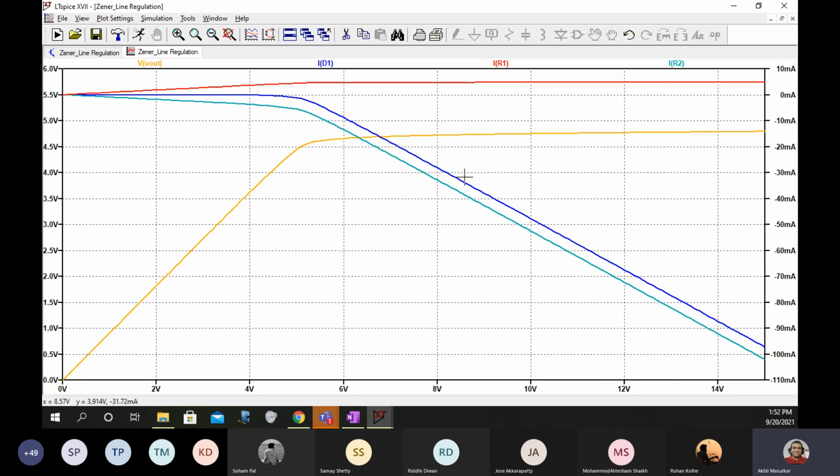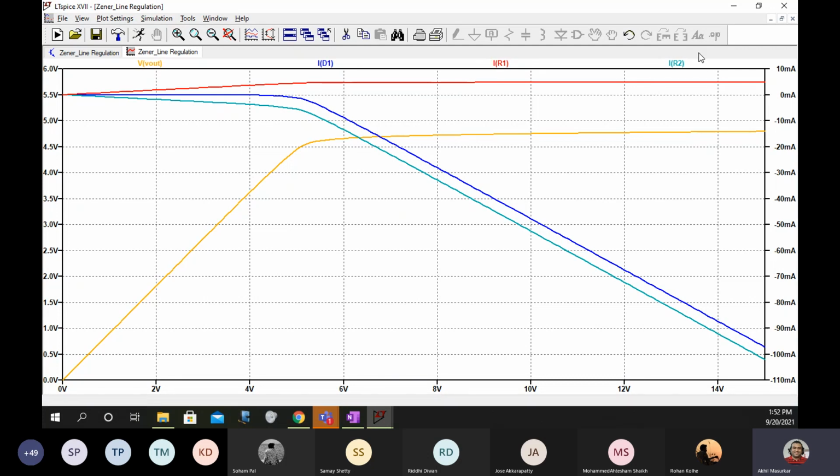IZ takes a lower value because it doesn't want to reduce the current flowing through the load.